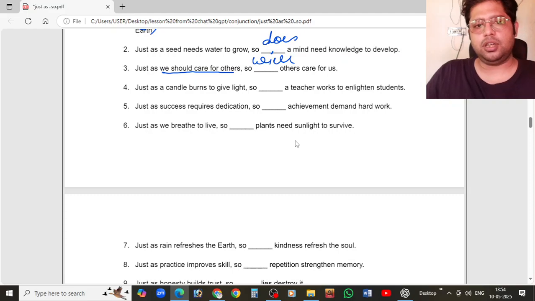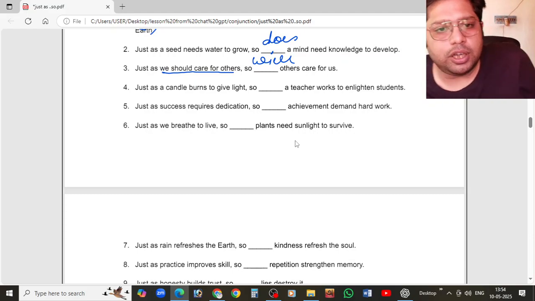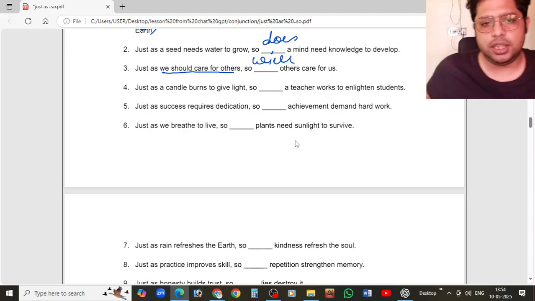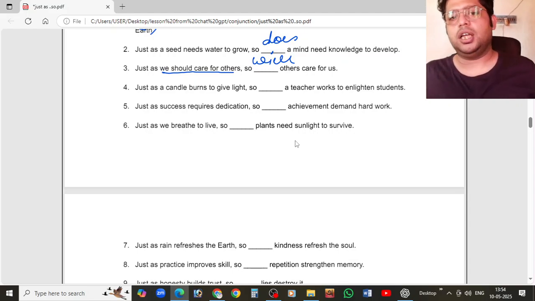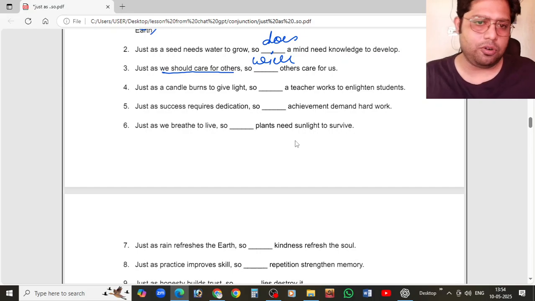মানে এটা হচ্ছে আমাদের ঠিক যেরকম আমরা যে লোকের জন্য কেয়ার করি, আমাদের করা উচিত, এই সেন্সে বলা হচ্ছে, তাহলে অন্যরা আমাদের জন্য কেয়ারফুল হবে বা কেয়ার করবে। ঠিক আছে। So the fourth one is just